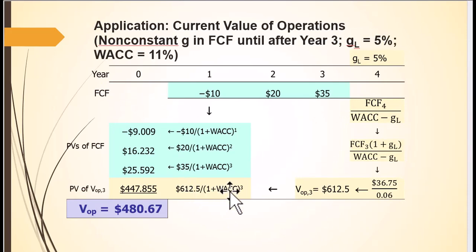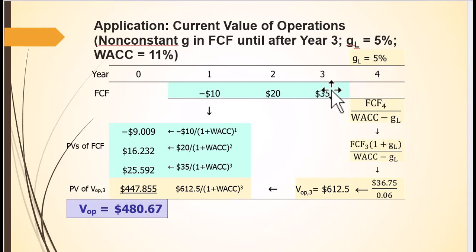Mathematically, we can go through the process. Here's our free cash flows that we expect in the future. Let's find the present value of those 3 cash flows. So moving forward, what is that? If we add those together, what are those free cash flows? What are they worth? And then we also have to figure, well, what is the value at the end of